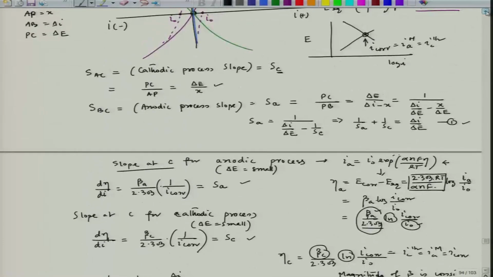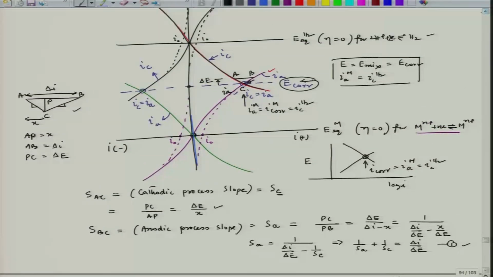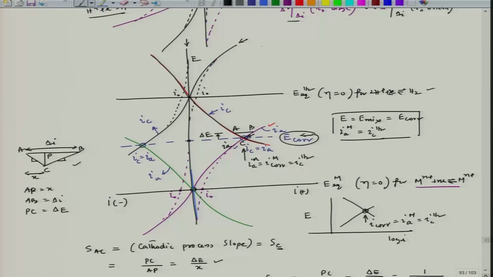If we get to this particular plot again, this Butler-Volmer equation can be modified. Instead of I applied, we had I0 exponential αnF/RT minus exponential. So, this was the equation we have considered. Now, there instead of I0, if we put I_corr,